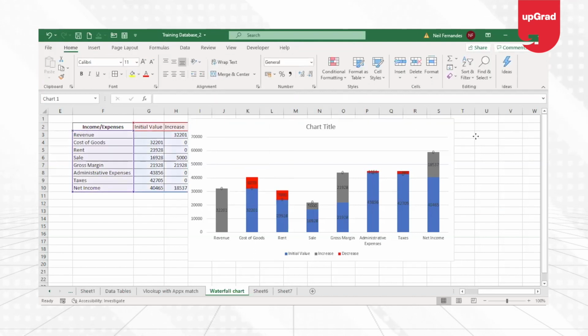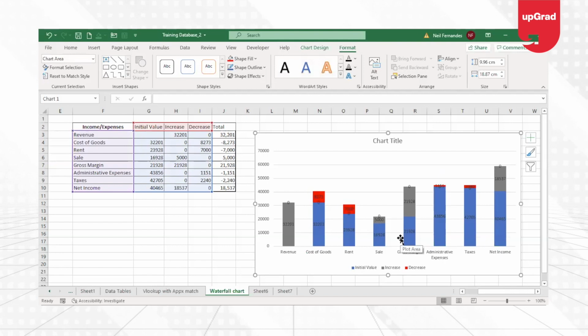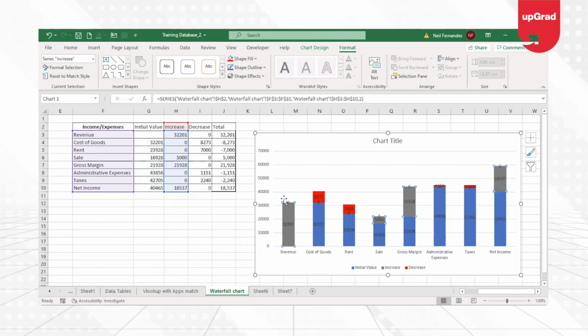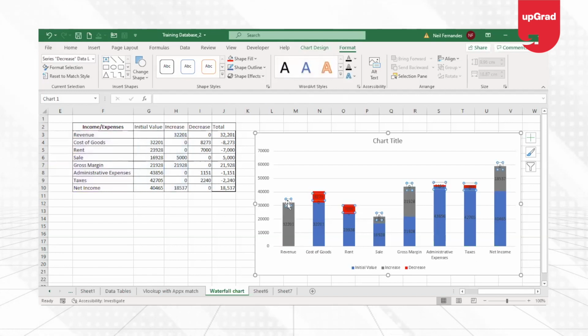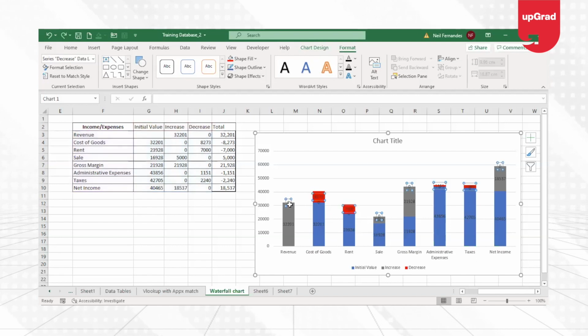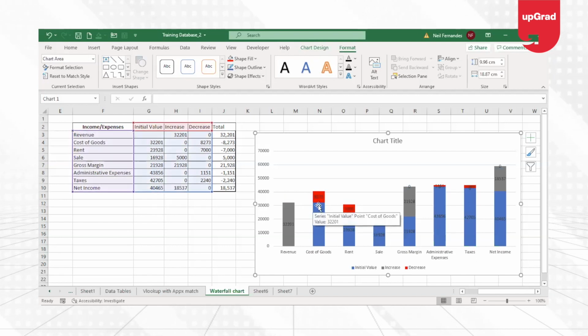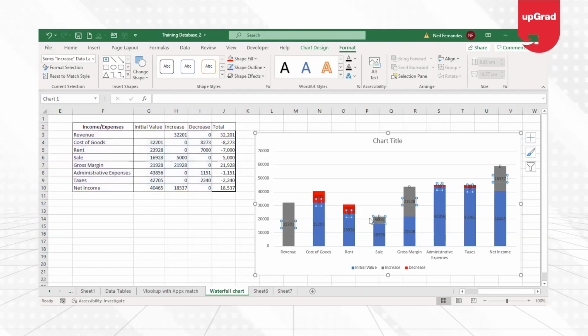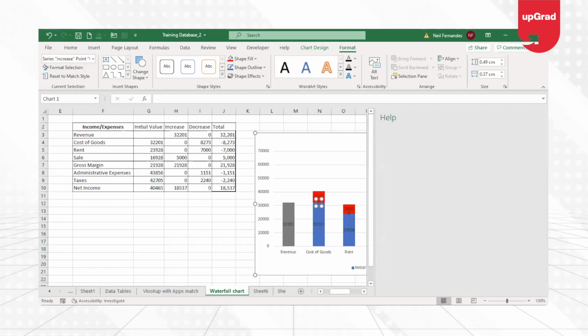Wherever the decrease, it automatically shows red. The rest are showing in gray and blue. So we know that the amount that we have here for initial value is definitely your gray color. That is the initial value. So I'm going to remove the zeros where I can see zeros there. I don't want to show zeros. So what I can do is remove the zero in the first place where we have it here. So whenever there is a zero, it should not show up.